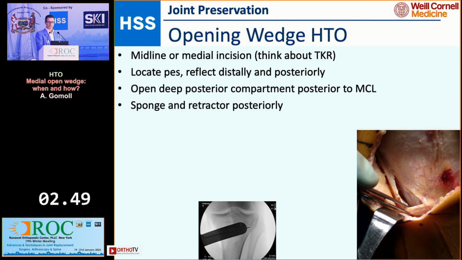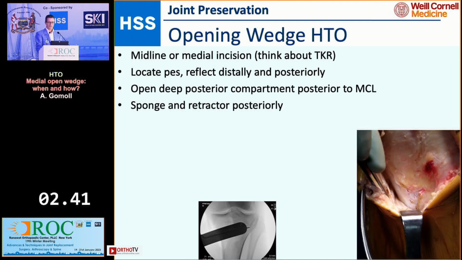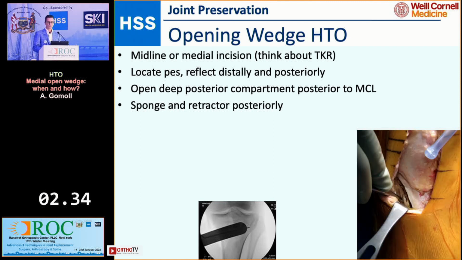I locate the pes. You see that on the right side. So the forceps are around the hamstrings. This is just like a hamstring harvest. Then I reflect the pes posteriorly. Underneath you can see the MCL pretty clearly. I make an incision with the bovie at the posterior edge along the fibers of the MCL, and I start